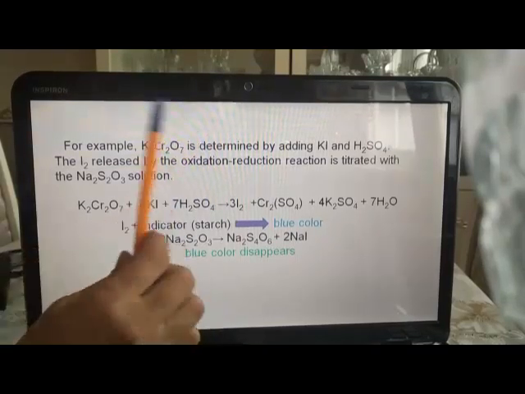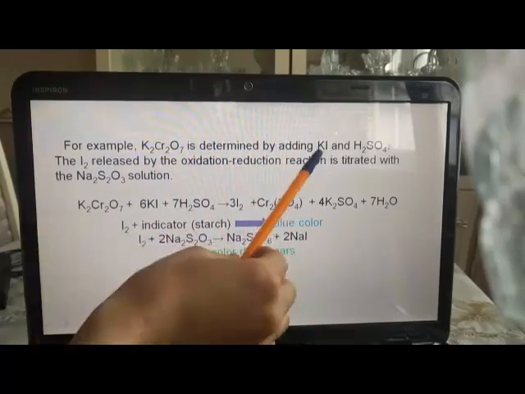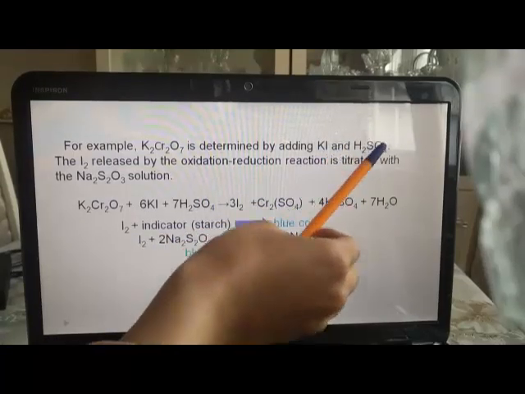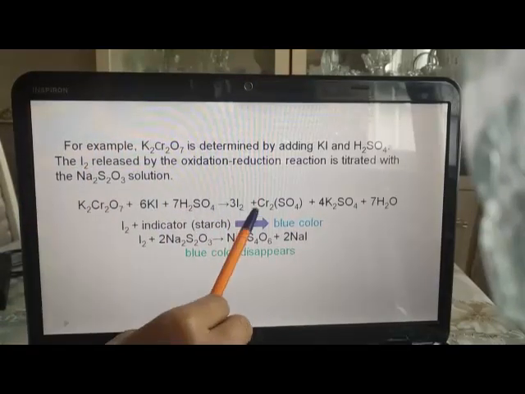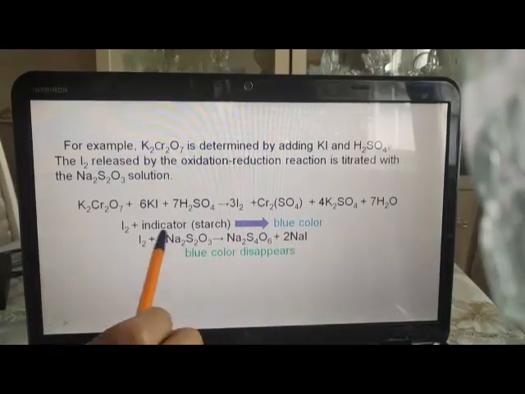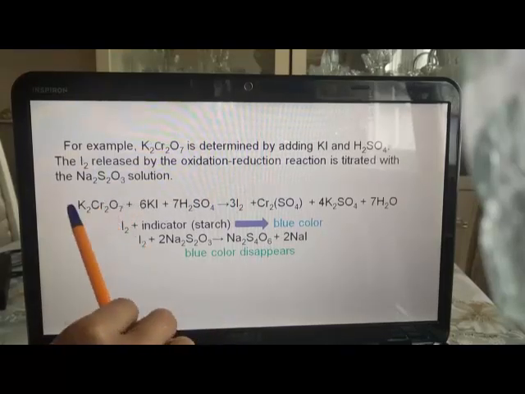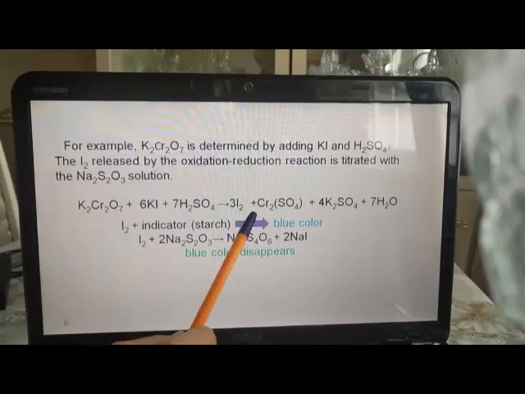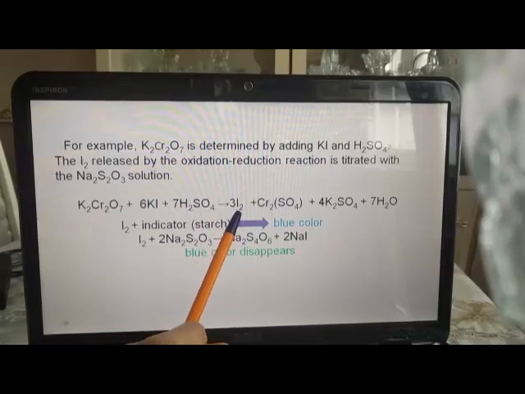Potassium bichromate is determined by adding potassium iodide and sulfuric acid. Sulfuric acid provides the medium for the reaction. Free iodine released by the oxidation-reduction reaction is titrated with a sodium thiosulfate solution. This is substitution titration. In this reaction, the amount of potassium bichromate is quantitatively substituted by an equivalent amount of free iodine,